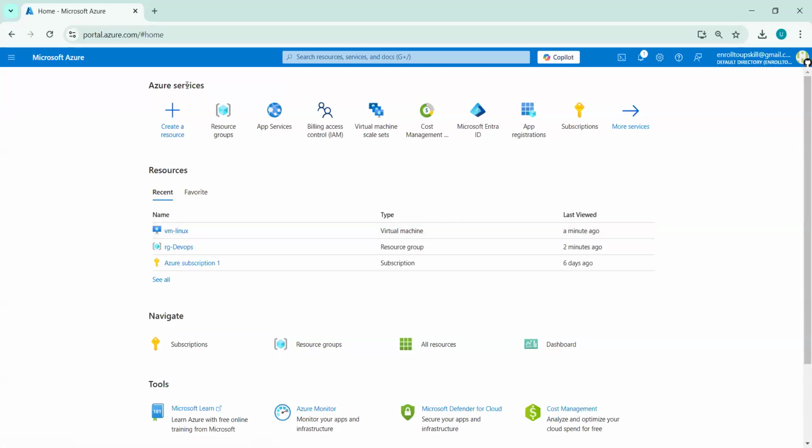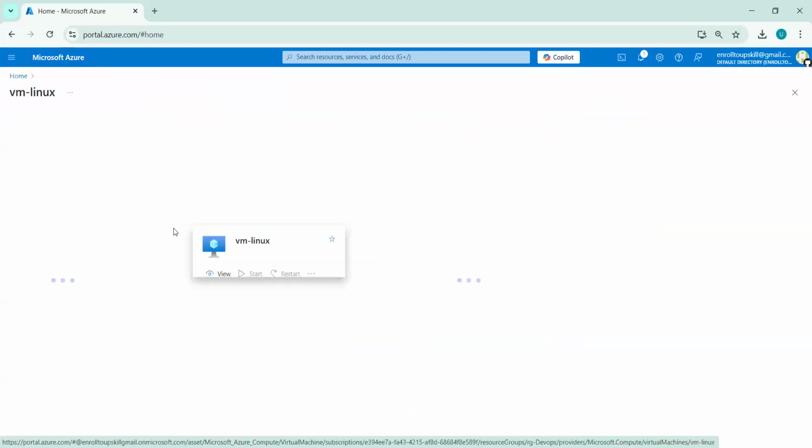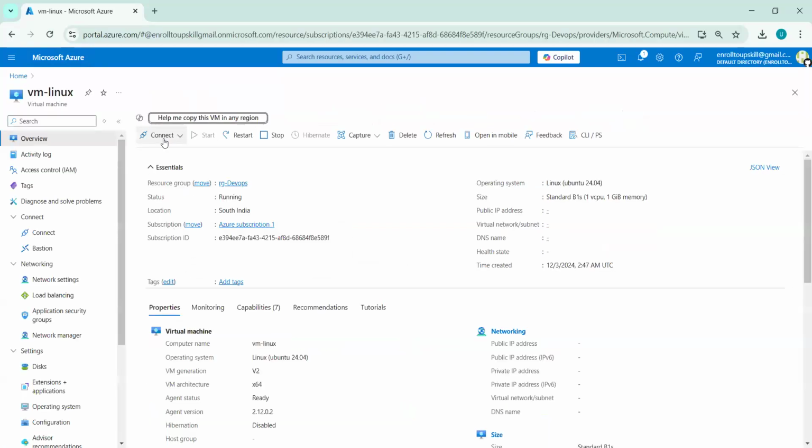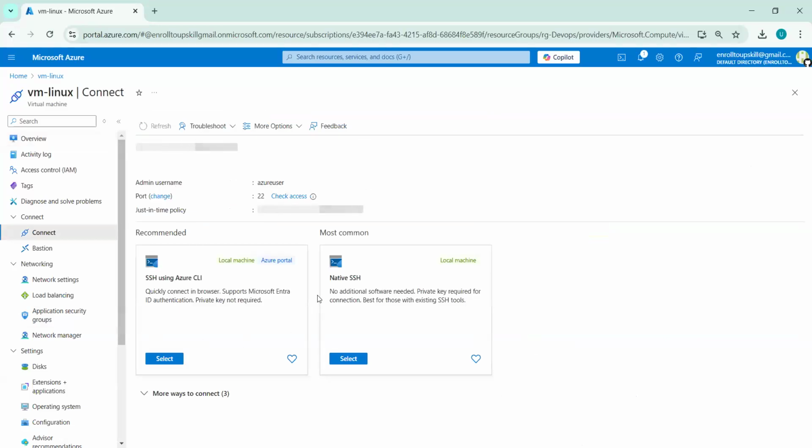Now you can see here the VM Linux which we have created. Just click on it. And here is the option connect, and click on connect. Very simple. Then here it is showing native SSH and SSH using Azure CLI. So what is Azure CLI? Azure CLI provides one more machine to connect to that newly created virtual machine.